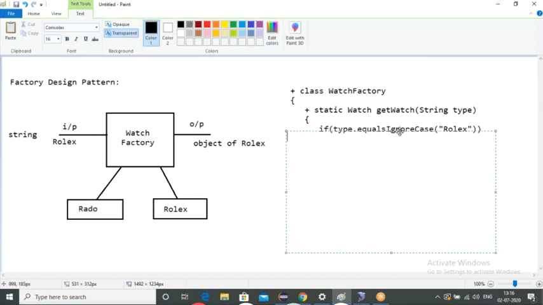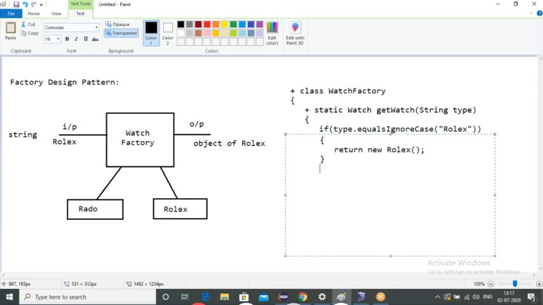Okay, now what do I have to do, guys? Whenever I pass it as Rolex, I have to come inside the if. Then I have to return the particular object. How will I return? Return new Rolex. If it is a Rolex, I return the Rolex object. I'll close.